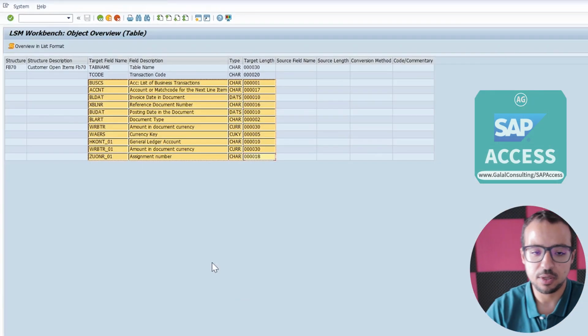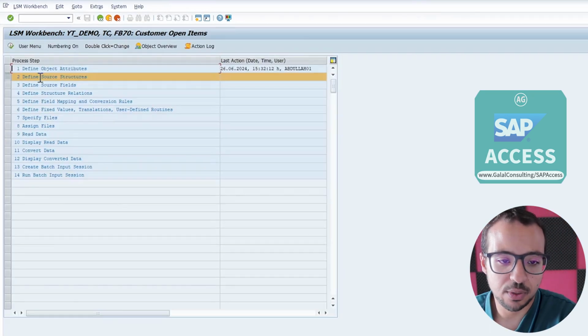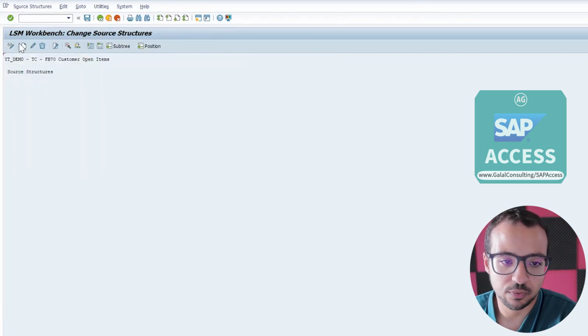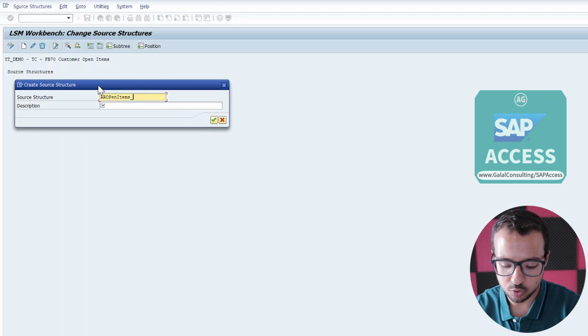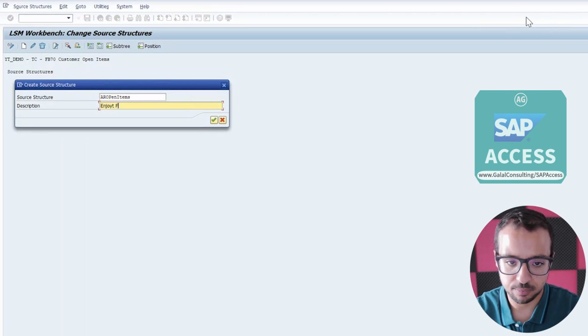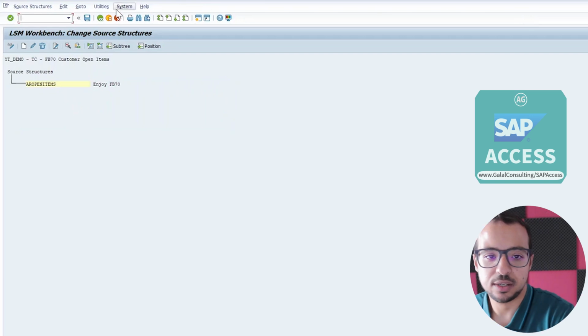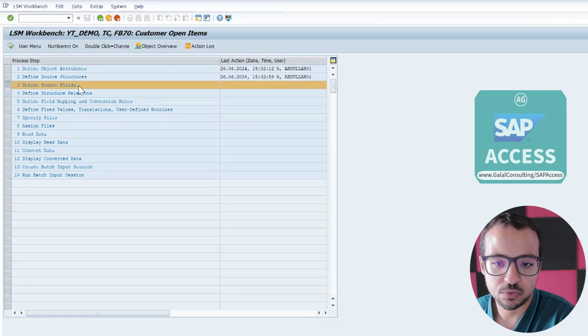Now let's go back to SAP and continue our LSMW program. So the second thing is define source structure. So you define a source. So this will be AR open items enjoy, or AR open items. Here enjoy FB70. Save, go back, define source fields,